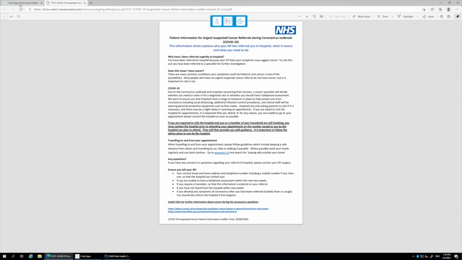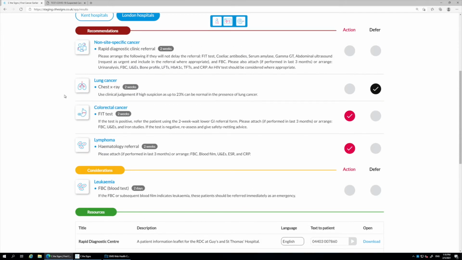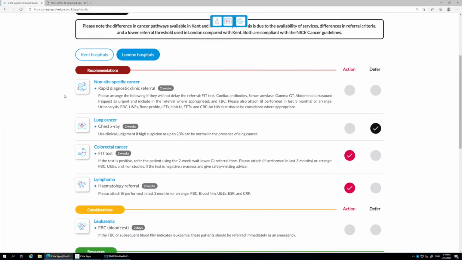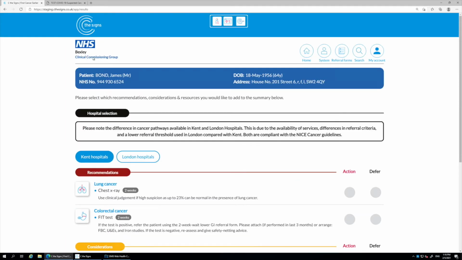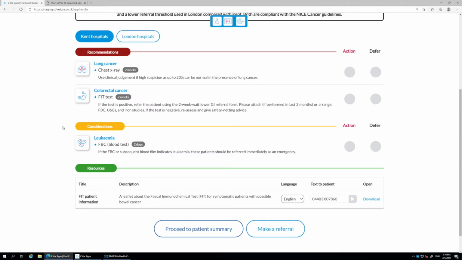These resources will change if you switch hospitals. So let's say we wanted to see what happens in Kent hospitals. We would click on Kent here, and you can see some of the recommendations change, and that's because there's different referral criteria, and also you'll see the resources will change to what leaflets are available in that area. If we go back to the London hospitals now,